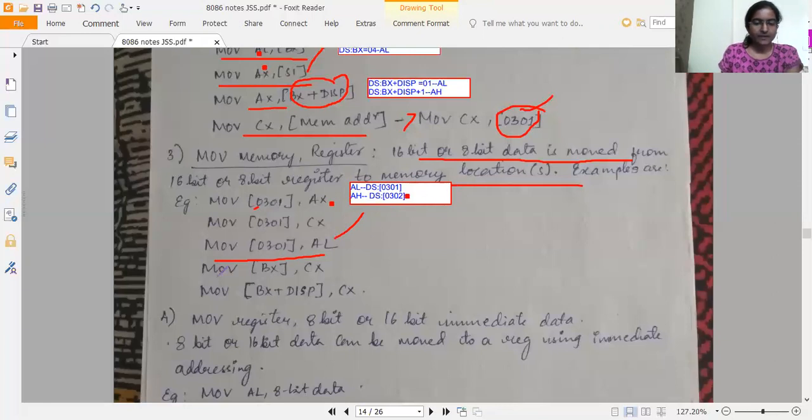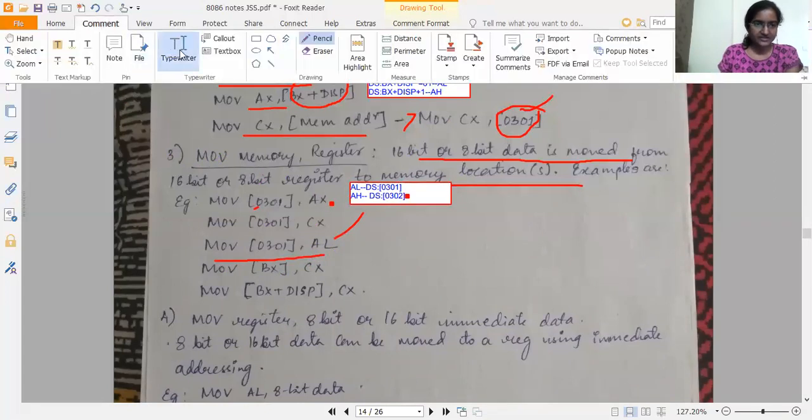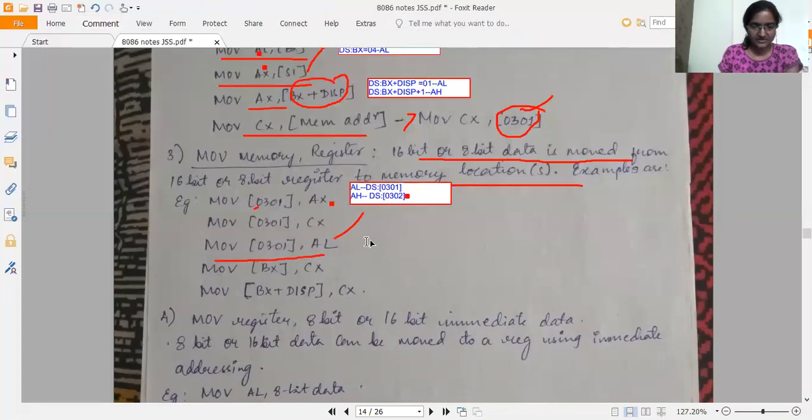Got it? MOV [BX], CX. BX is holding a memory location. Right? How can I represent this? It's just the opposite of the previous example: in place of the destination there is the source, and in place of the source there is the destination. Still, I'll represent this and show you.